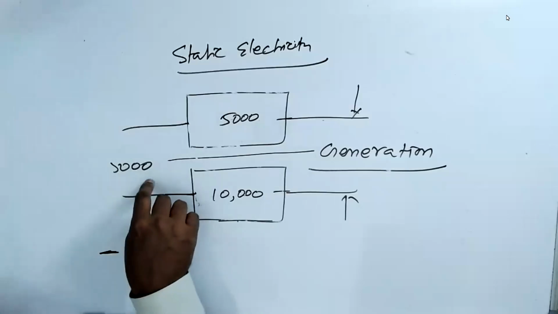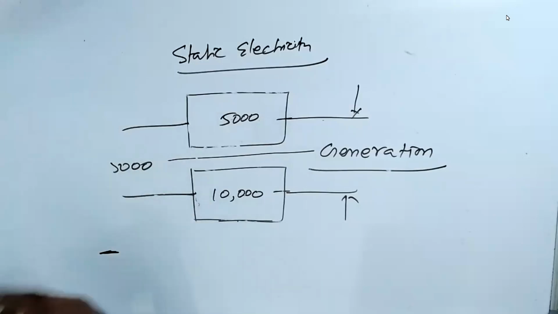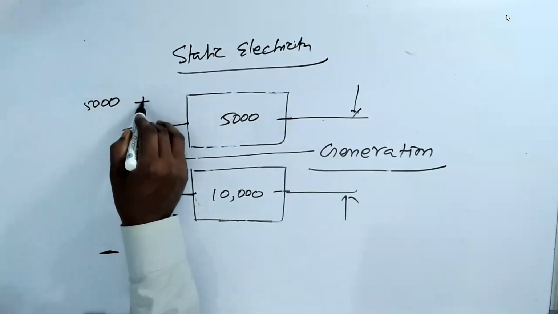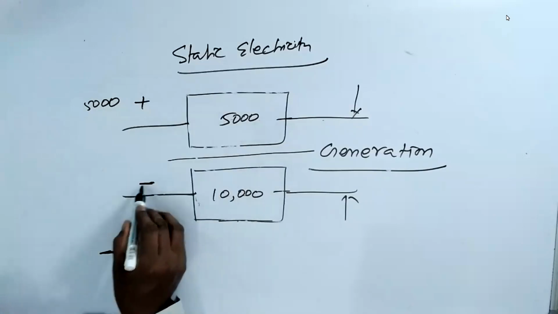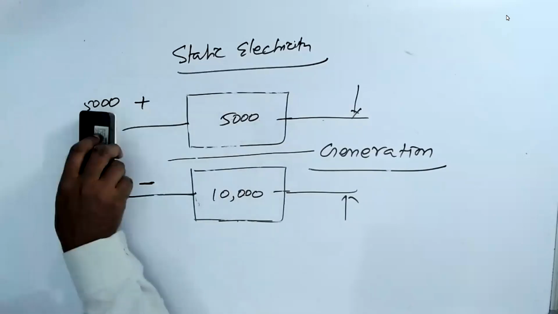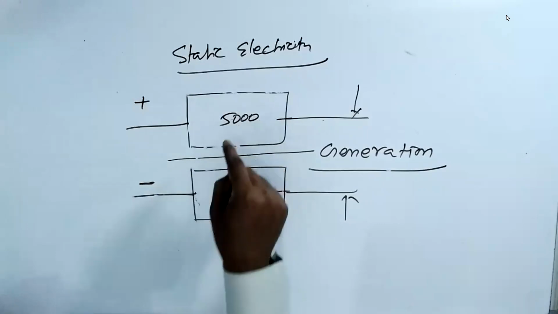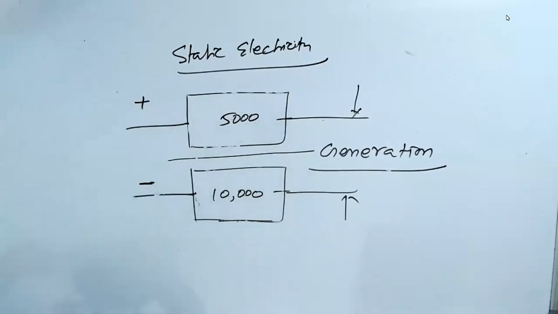Instead of saying that this guy is having 500 more electrons, they say that this guy is 500 protons more. Understand? That's why they call this positive and this negative. This is a very simple concept. They didn't want to represent it that way. Here less electron, here more electron. That's why they call it negative. Here they call it positive.